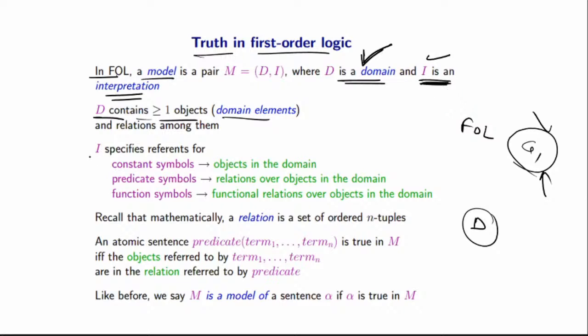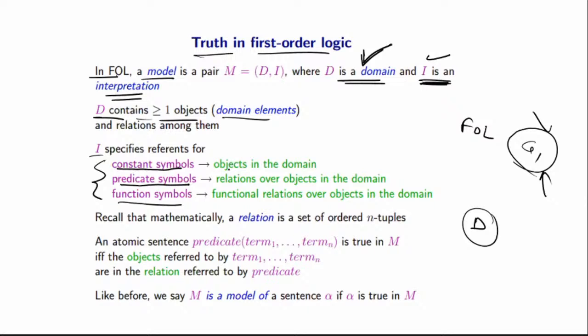And what is interpretation? In this interpretation, you need information about each symbol. For example, if you have a predicate symbol, then you must know what that predicate symbol is. If you have a constant symbol, then you must know what that constant symbol is. If you have a function symbol, you must know what that function symbol is. So you need this information, and only then can you find the truth value of a first order